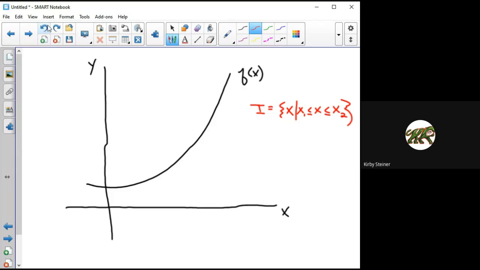So let's look at this interval here. So let's say I put x1 here, and I put x2 over here. So this is going to be my interval, right? And so I'm using this to construct a secant line. So the first thing I'm going to do is construct a secant line. And so let's say that we have this point here, this point here,